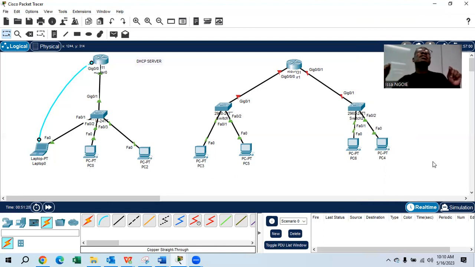Guys, you have to remember this. Every connection from the router, every port from the router, is a network, right? So how many connectivities are here from the router? 2, right? Means it's 2 different networks. And when we are talking about those 2 different networks, it means 2 default gateways, 2 DNS,